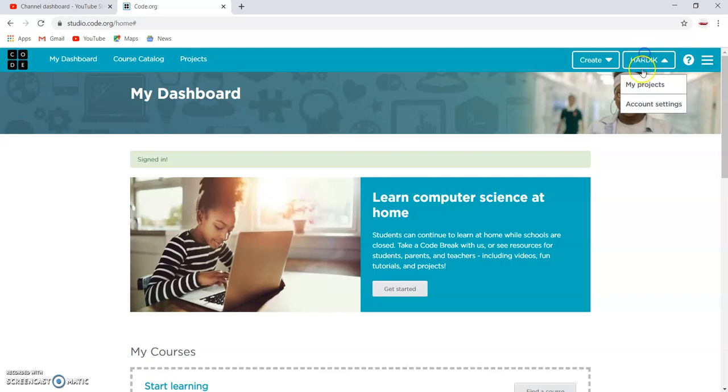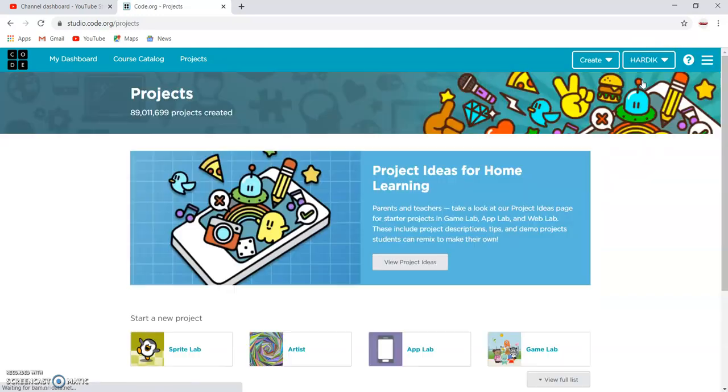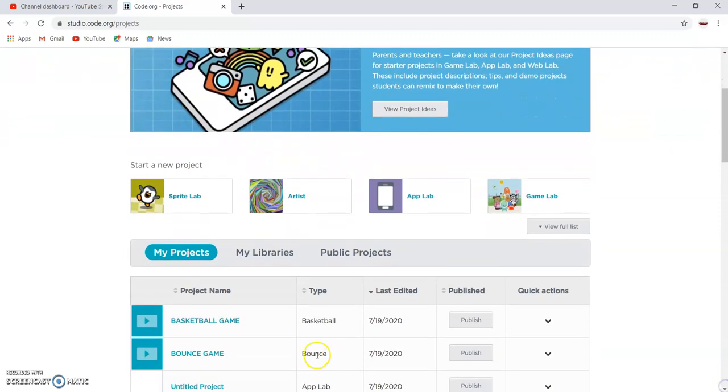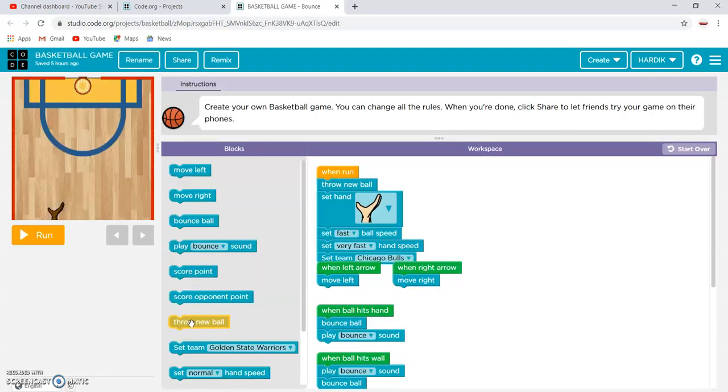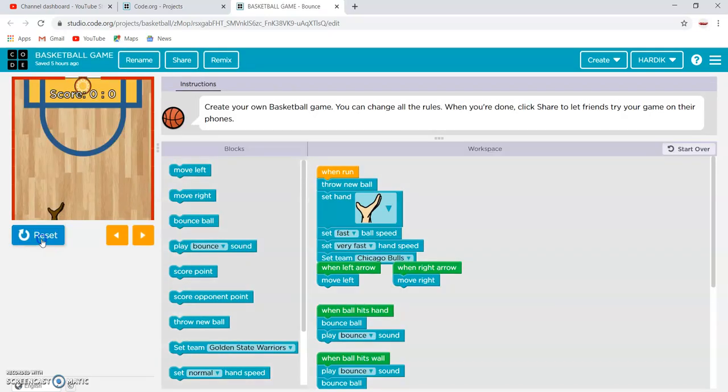Now first I'll show you how exactly the game looks. So let's move down. See. So I run it. So you can see the balls. If we miss, two balls come.